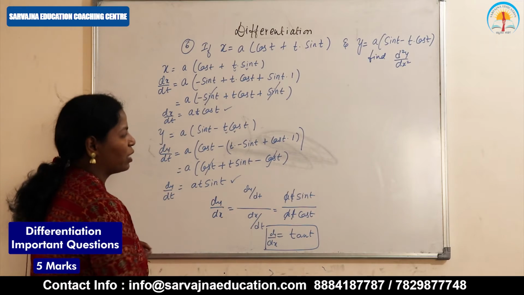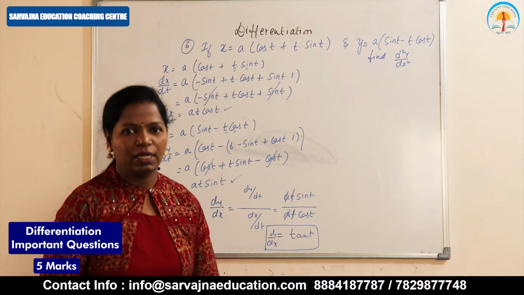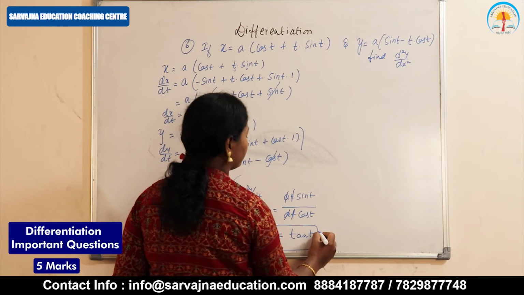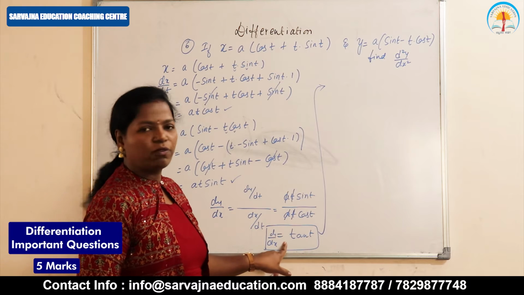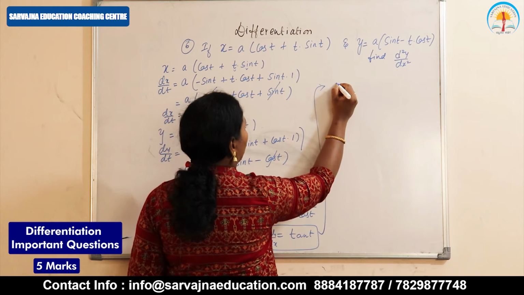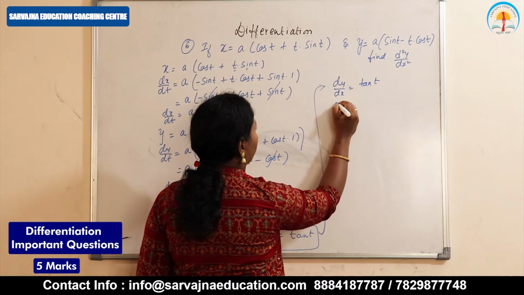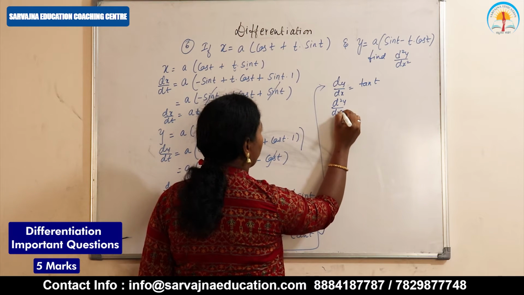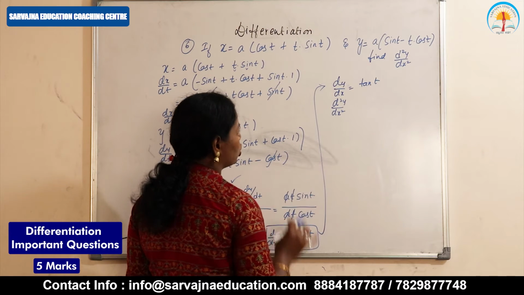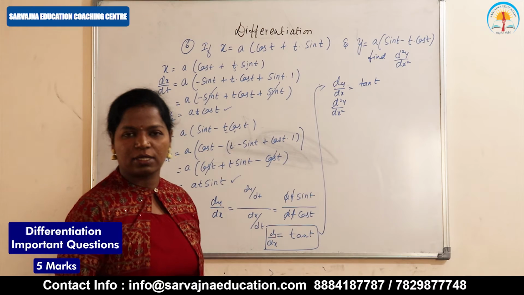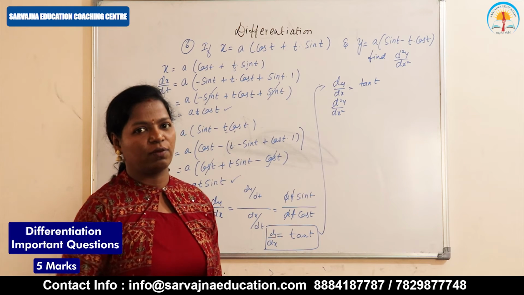Now do the differentiation again. Why? Because in the question they are asking d square y by dx square. So now I'll just write it here. So guys, again the differentiation of this dy by dx, we'll see. I'll write once again, dy by dx is equal to tan t, no? Okay, d square y by dx square. See guys, you have to observe here. I am just doing the differentiation with respect to x, but in the right hand side there is no x, there is a t. Okay, again I have to do the differentiation of t once again with respect to x.